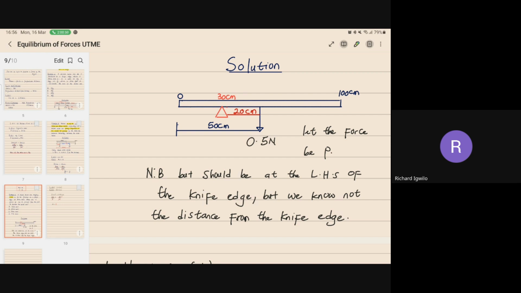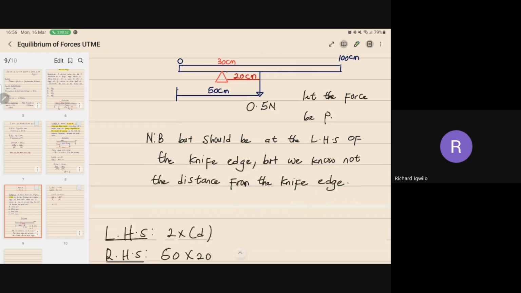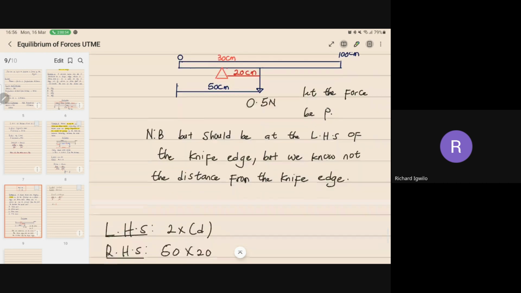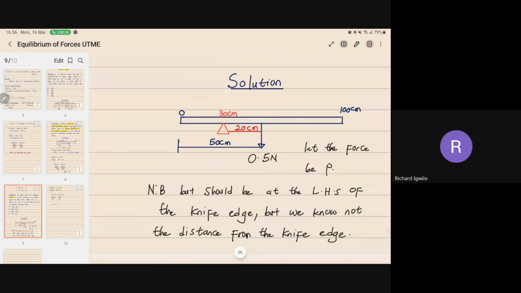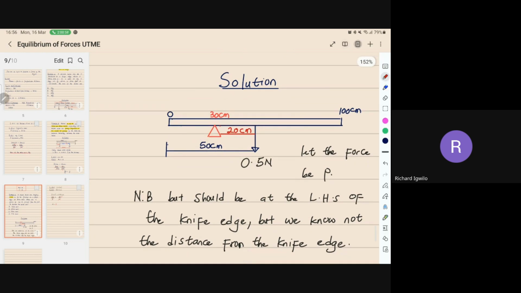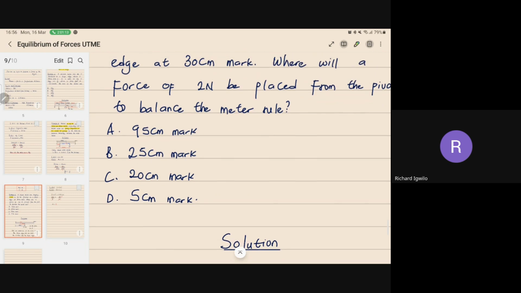So the force distance now, right? The distance of the force from here, let's go to my diagram now. So now it means that the distance of the force from the fulcrum is 5 centimeters. That's the distance of the force from the fulcrum. Now, to get the mark on the meter rule, because the equation says we should get the mark on the meter rule,